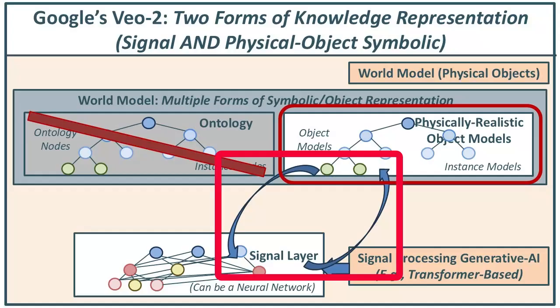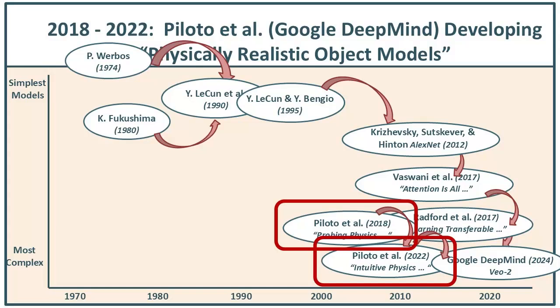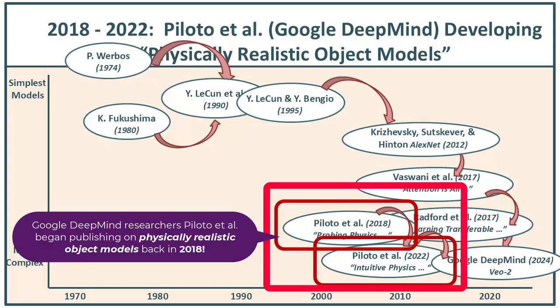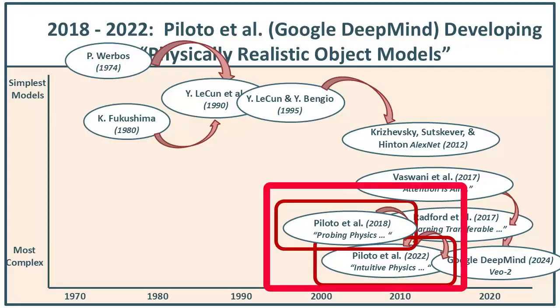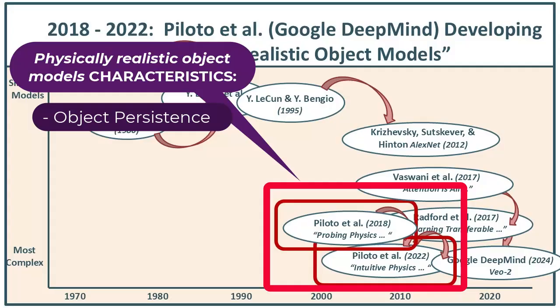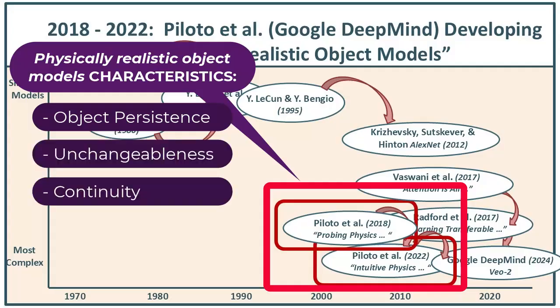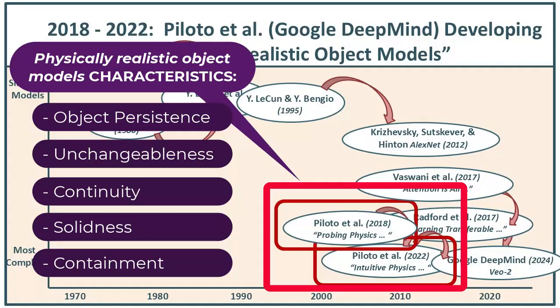Now, the reason that's important is that physically realistic object models are representation level. And they are complicated. There's a lot that needs to get done to get those object models working well for all kinds of visual situations. So we're reintroducing that notion of explicit object models that interact with a generative signal level of processing. Breakthrough moment, because it reintroduces the value of having multiple levels of representation.